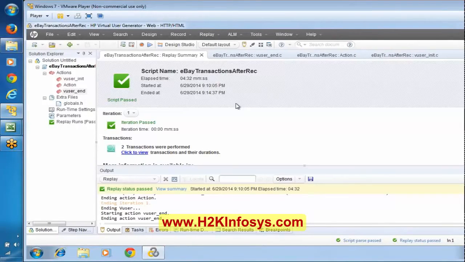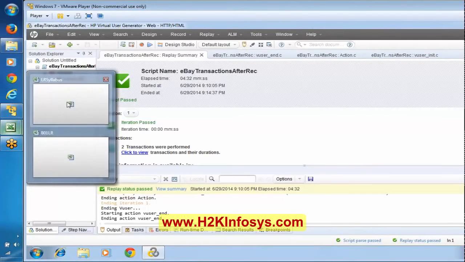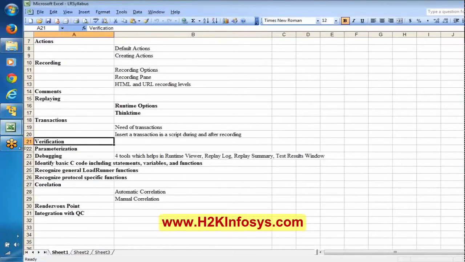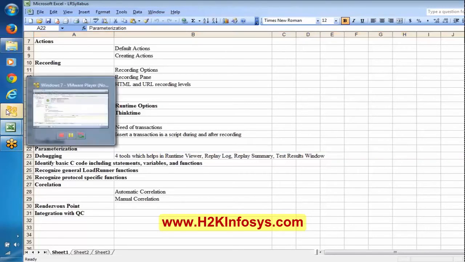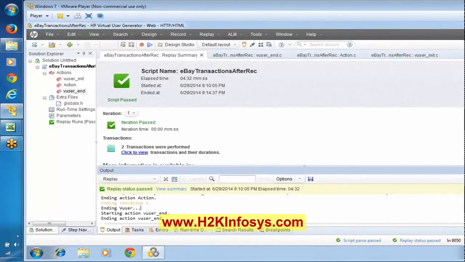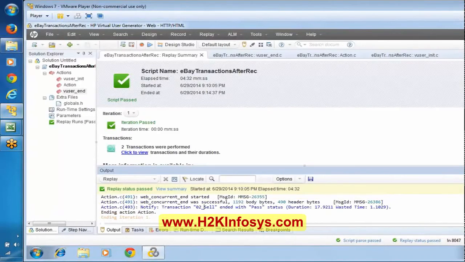One is you can altogether stop the script, or you can exit the iteration. Say you are executing the script with a number of iterations, say 5 different users. We'll be discussing that topic as part of parameterization, how to execute the same script with different sets of values. However, you can exit the current iteration and start with the next iteration. That kind of thing is also available in LoadRunner. I will show it. However, before that, let us look into this here.